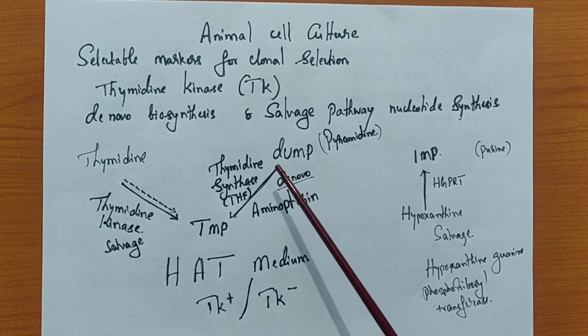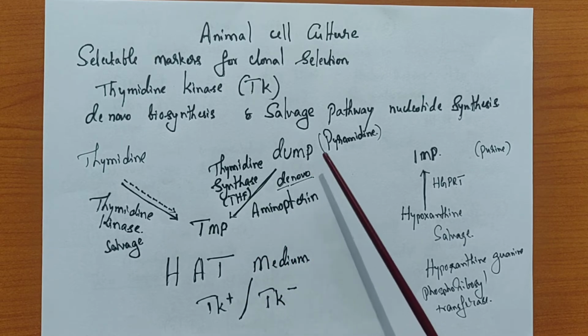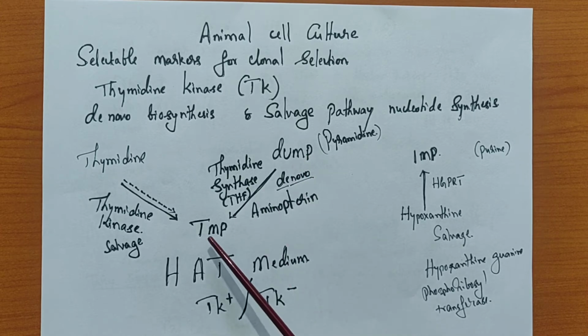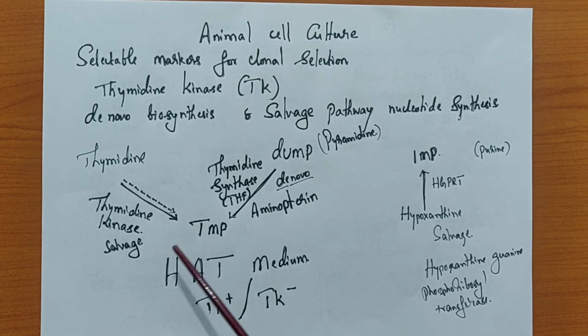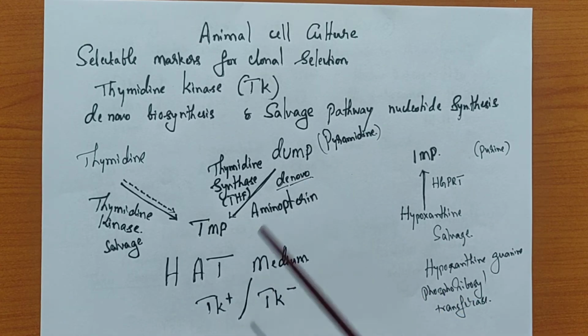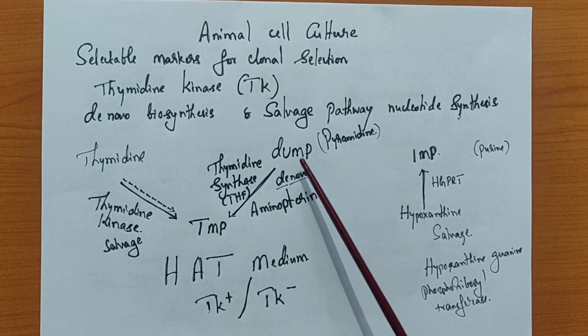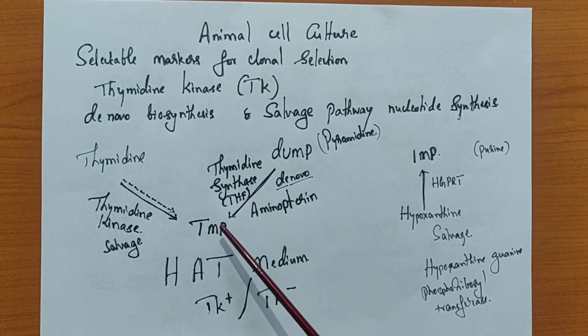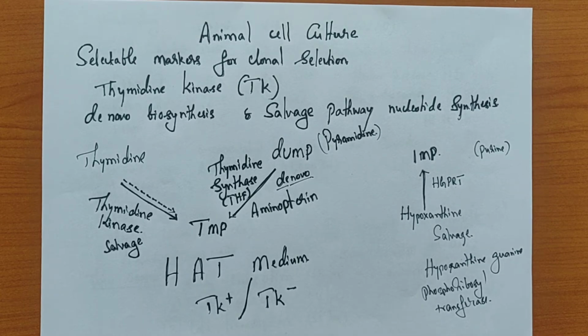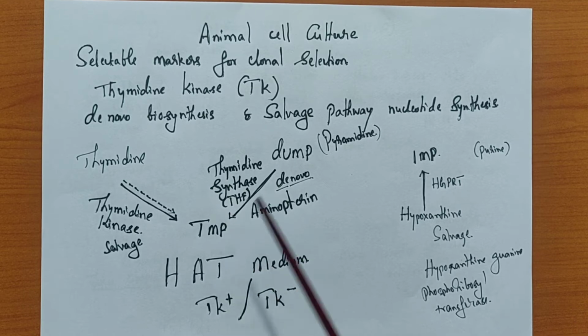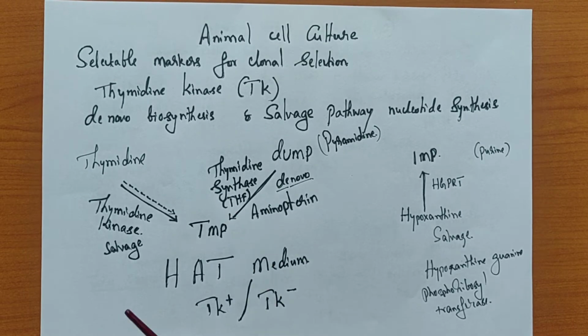So now this is the deoxyuridylate monophosphate. This deoxyuridylate monophosphate will be converted into thymidine monophosphate. I'm not going to discuss the entire detail of nucleotide metabolism, as you have already studied that. The key steps are very important. In de novo synthesis, the conversion of deoxyuridylate monophosphate into TMP is carried out by the enzyme thymidylate synthase. Thymidylate synthase requires a cofactor, tetrahydrofolic acid.